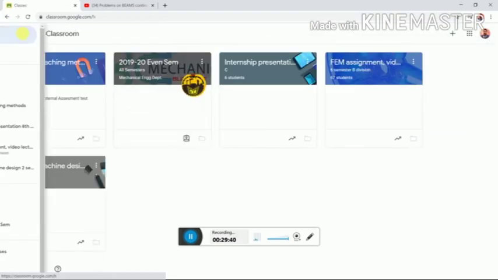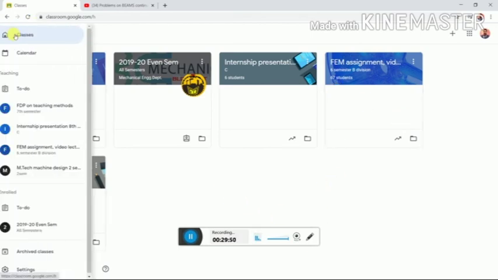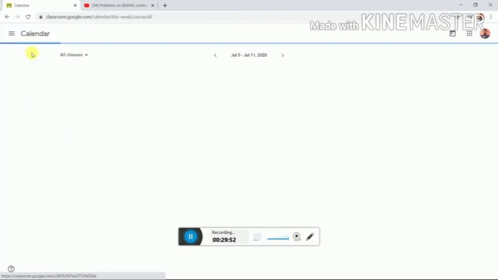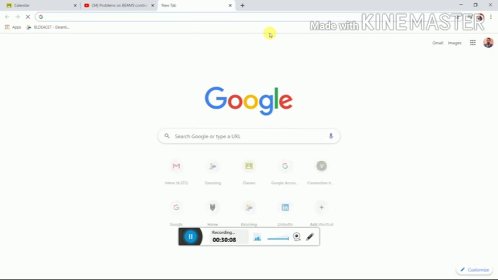Okay, then in order to create Google Meet classes in the Google Classroom, what you have to do is, in the Google Classroom, the calendar is there, click on the calendar. Go to Google Calendar.